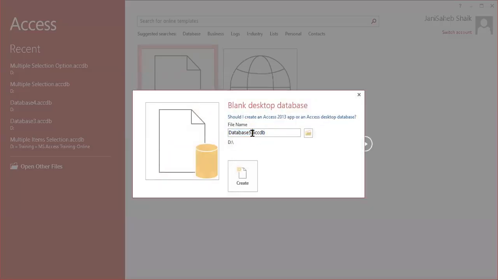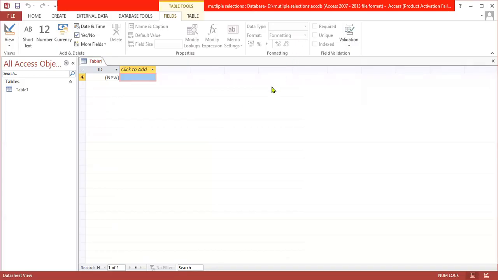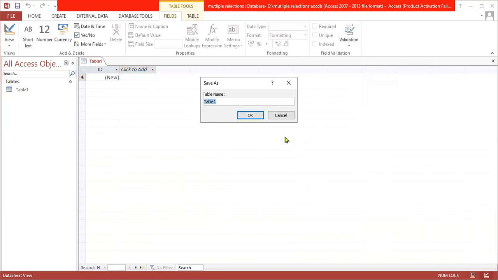Let us name this as multiple selections. Now it is opening a default table. So let us go to design mode. Here we'll try to create a vendor approval process